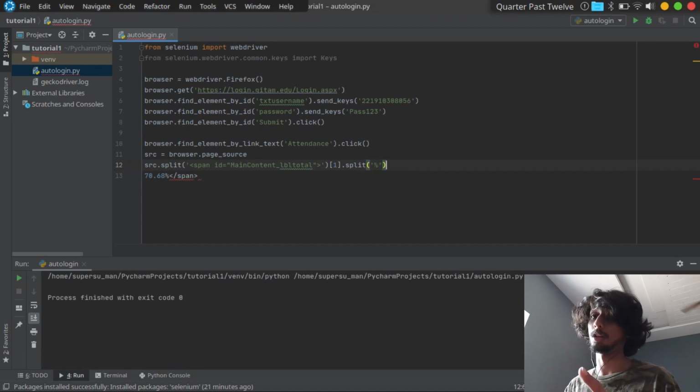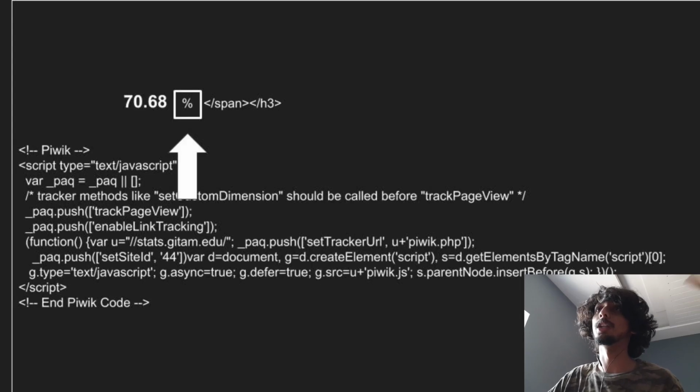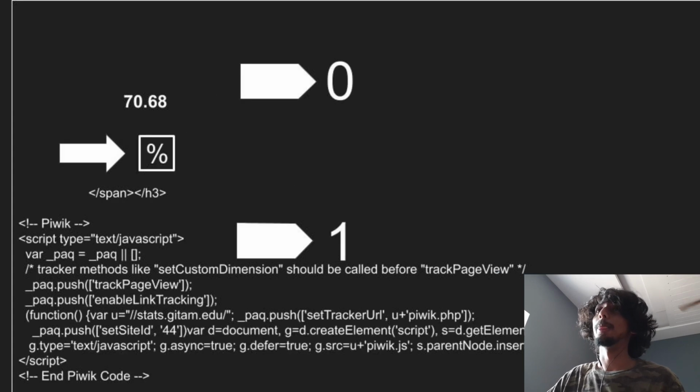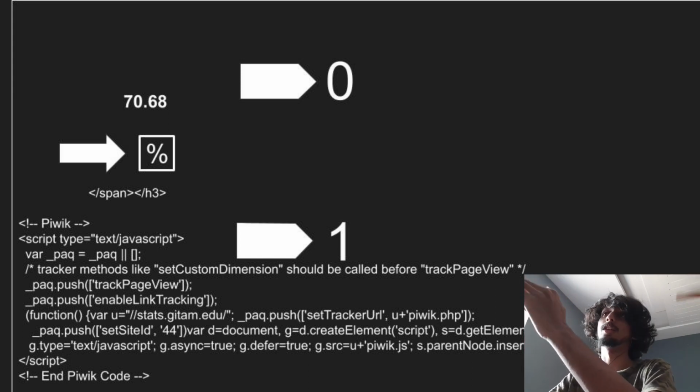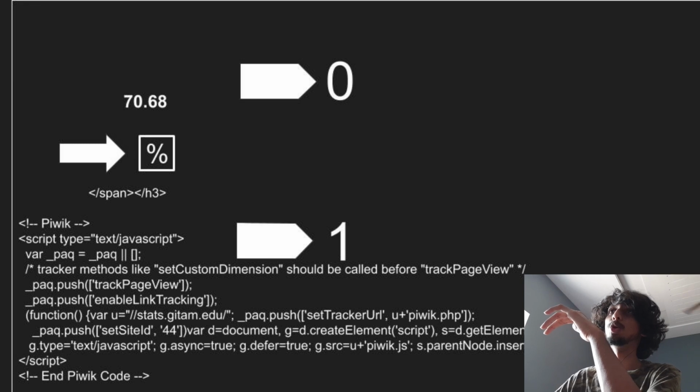Not 1. Why 0? Because when we use the percent symbol to split the entire remaining source code of our web page, it's going to make this part 0 and this part 1. We're going to break this code into two parts, 0 and 1 again, exactly how we did before. So the required data is in the 0th place.